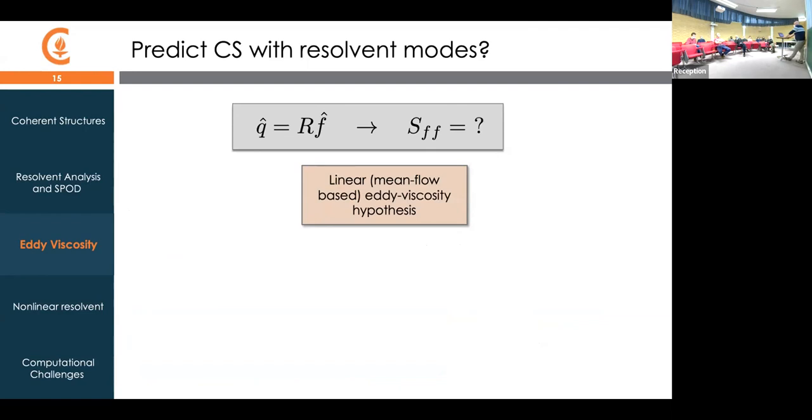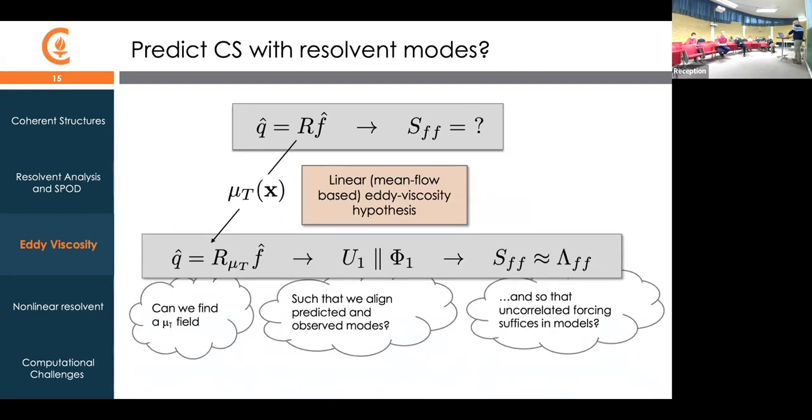Okay, so let's get into the resolvent part. We're going to try to model the forcing, and the approach we're going to take is to say, what if we have an eddy viscosity model? The eddy viscosity model is going to be very special here. It's going to be a mean flow based eddy viscosity that acts on the disturbances. This is not an entirely self-consistent model. It's just an ansatz that we can write down. It's been used by many different groups over the years, loosely motivated by the idea of the triple decomposition, but we're just going to take this and run with it.